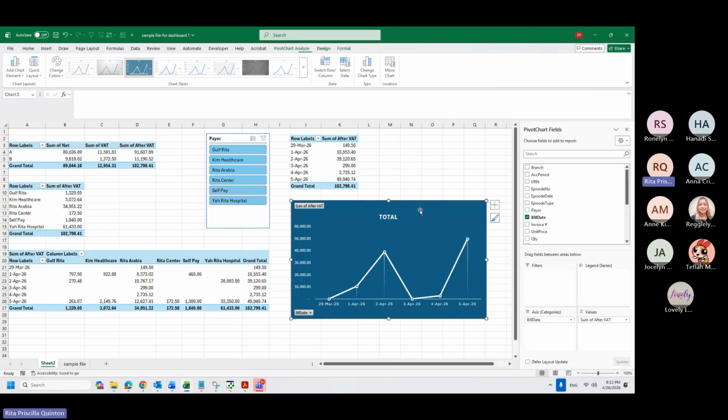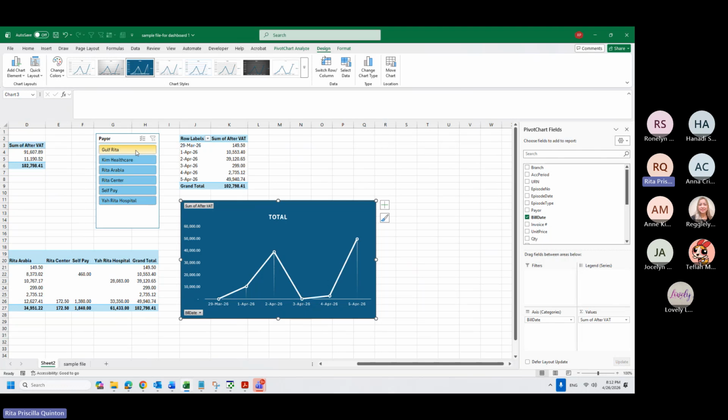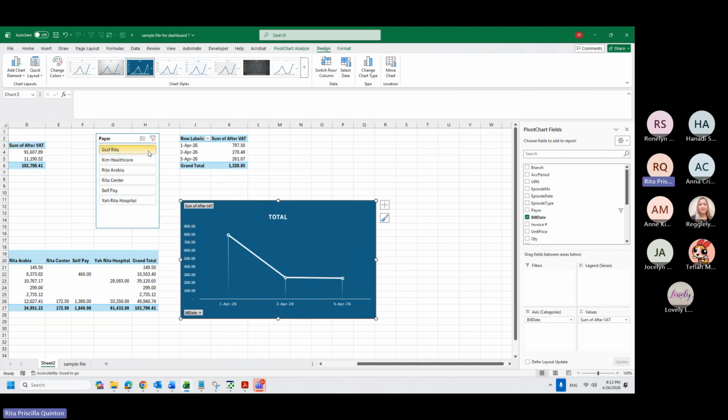So what will my slicer do on my chart? Instantly, if I click Galfrita, then this table should only show Galfrita, which means since this is linked to this data, it will only show Galfrita. So let's try.